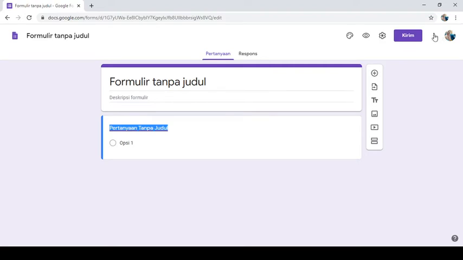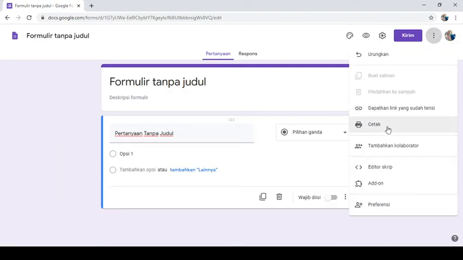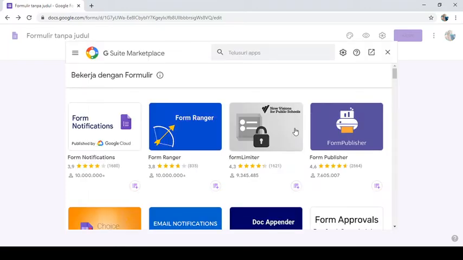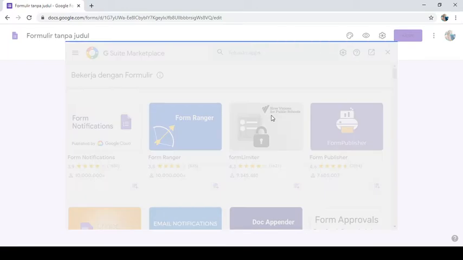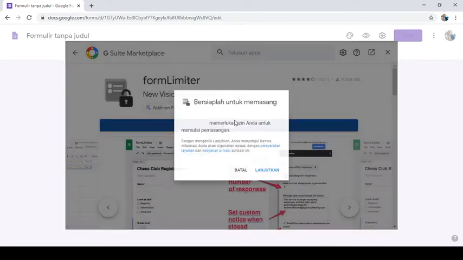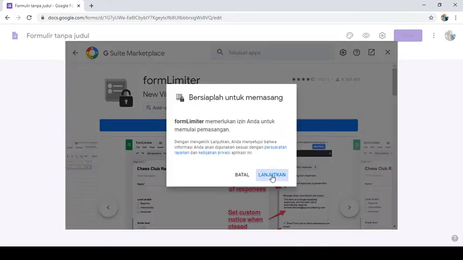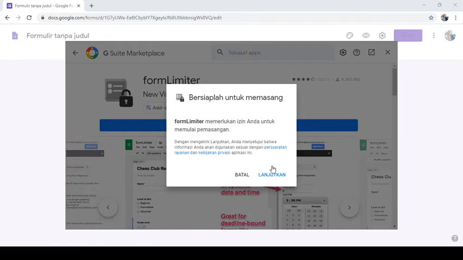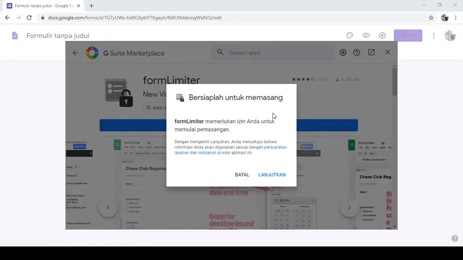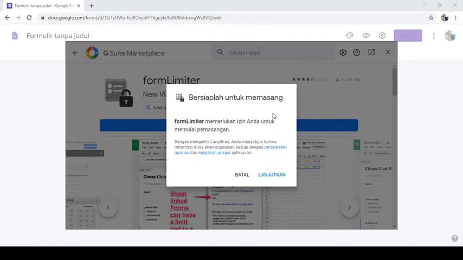and then click this button, choose add-on, find form limiter, install. Okay, next. Waiting until your account appears, and then click your account